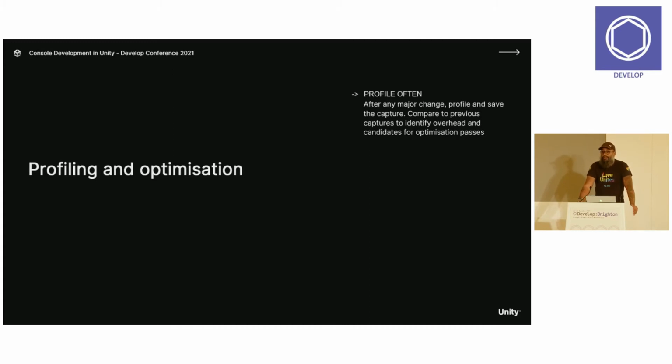Keep your profiles. You can save your profile data, and it's a good way of being able to then look at what you did in version X that you published last time to version Y and compare that difference. See that new, wonderful, complex, deep AI you've just written for your game. How does it actually execute on the hardware when you come to look at it?